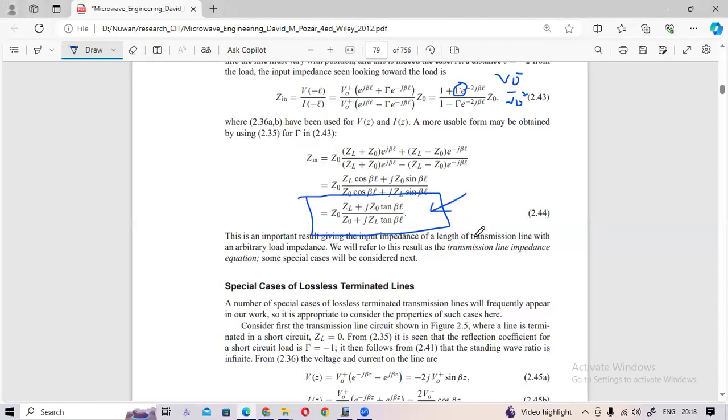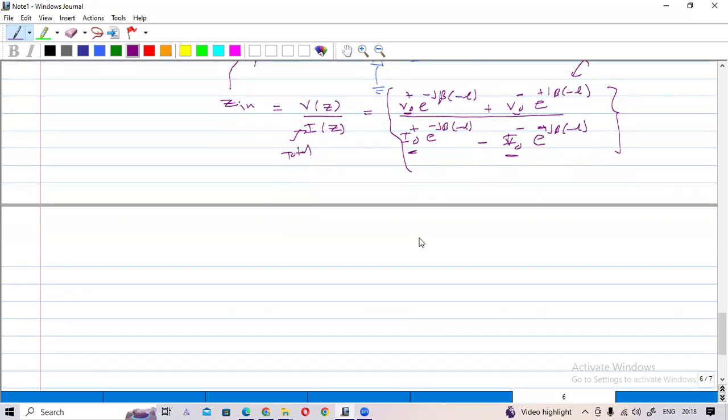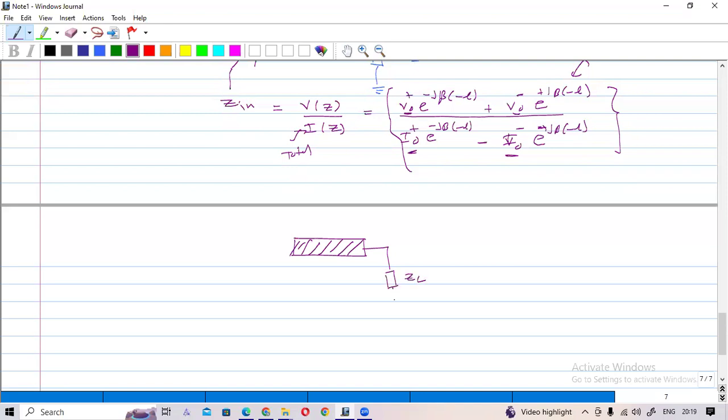Actually, this is very important. This is what we call the transmission line impedance equation. You can get this using the basic equation. So what does that mean? If you have terminated a transmission line with the ZL load,